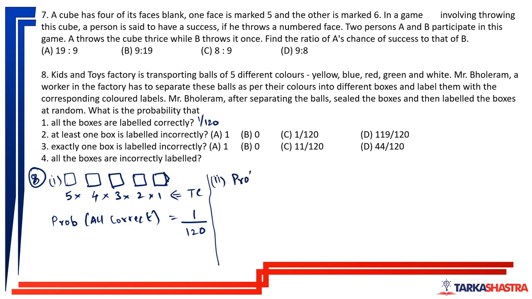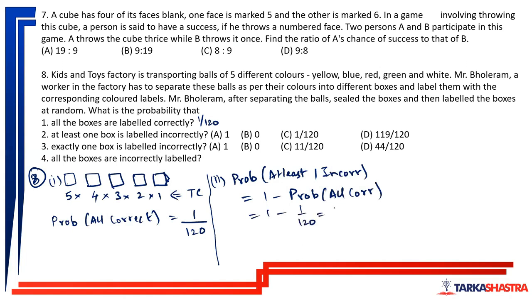So probability of at least one incorrect is nothing but 1 minus probability of all correct, which we have already calculated. So 1 minus probability of all correct is 1 by 120, which is 119 by 120. Option D is your answer. Then third one,